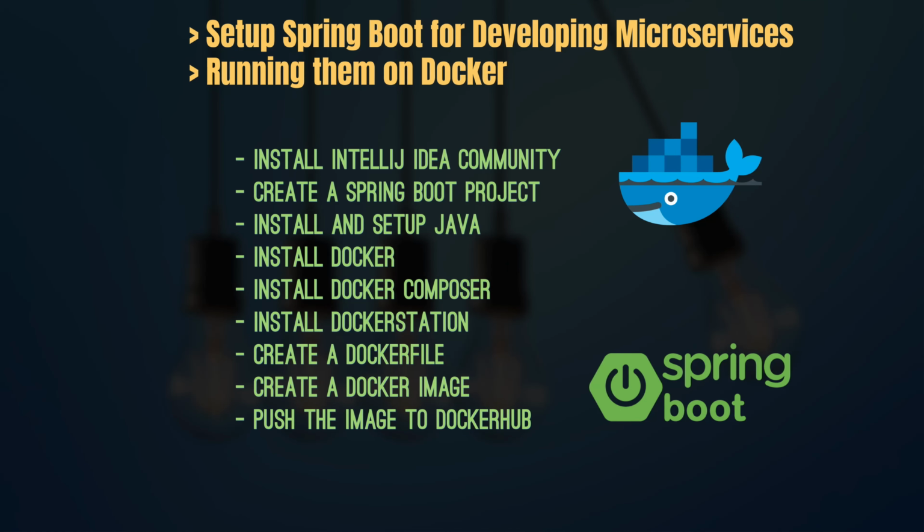So in this video, we have extended our simple Spring Boot project and created a controller with a get mapping that returns a simple text. And then we have created a Dockerfile and a Docker image out of it. And then we have pushed that Docker image, and we also ran that image locally.